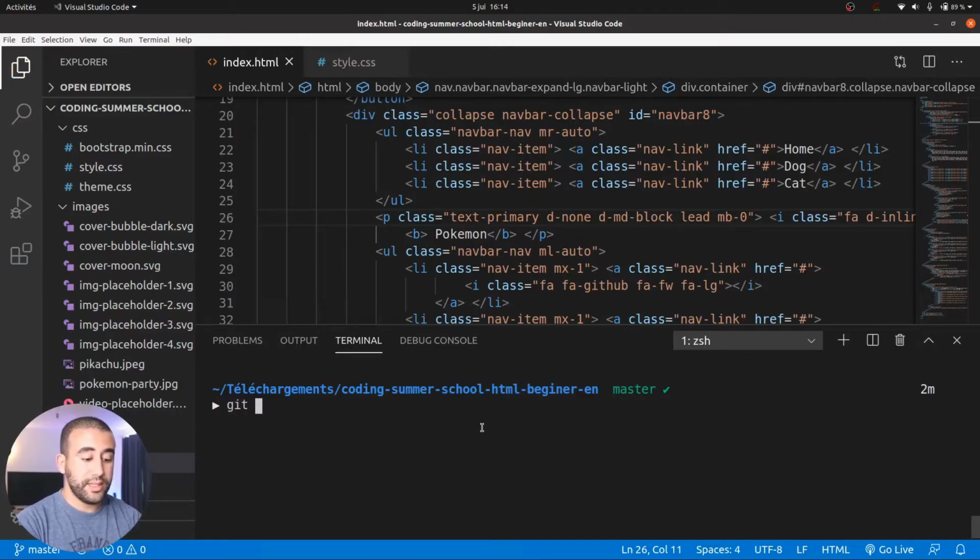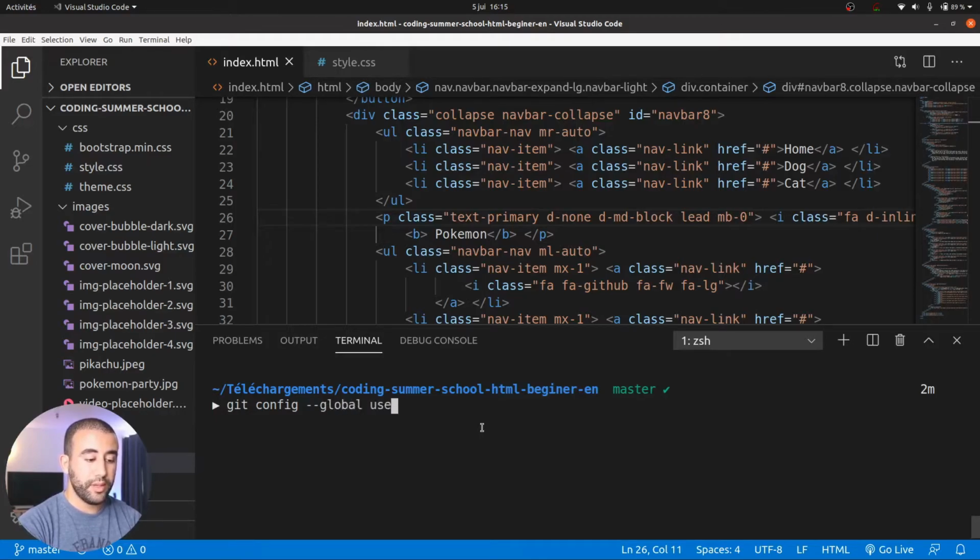So we say git config --global, and then I say user.name, and between the quotes you should put the same username you have on GitHub, the one you made when you created your account. Mine is Yasin Kasha. I press enter, and then I will do git config